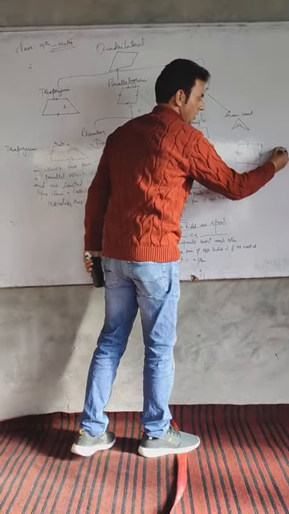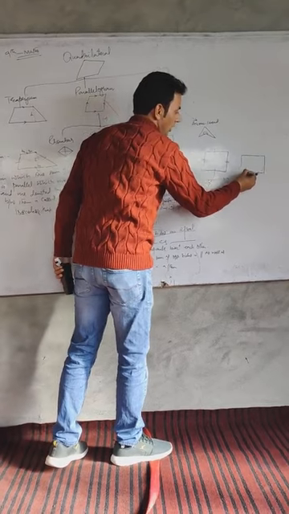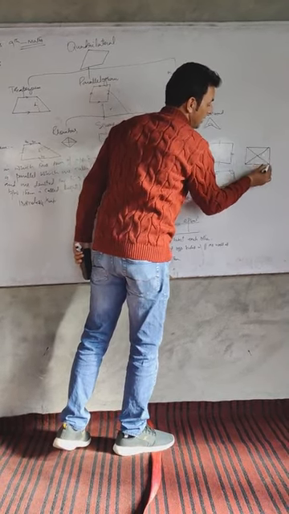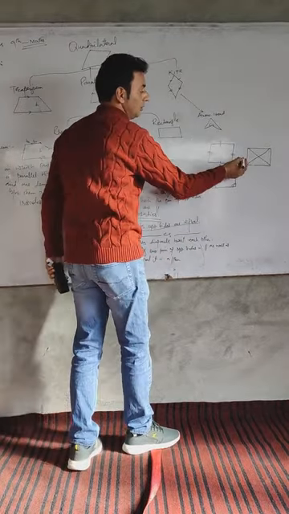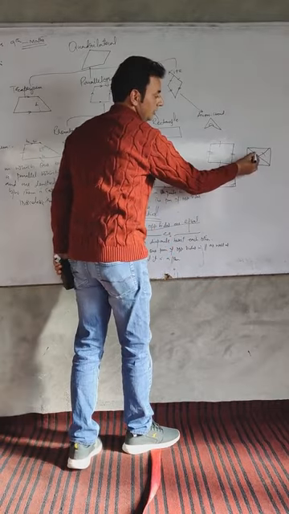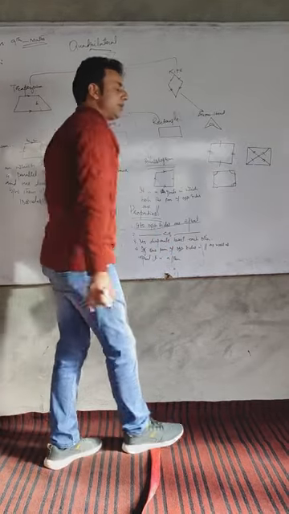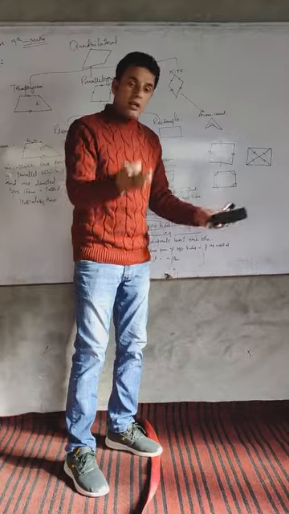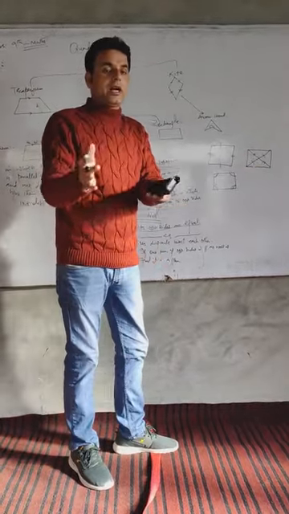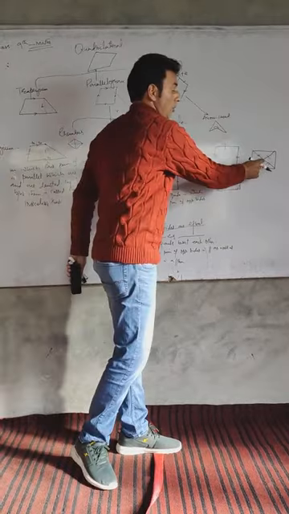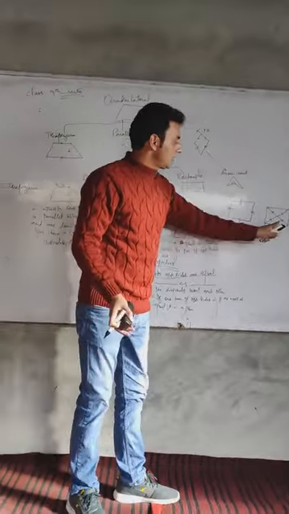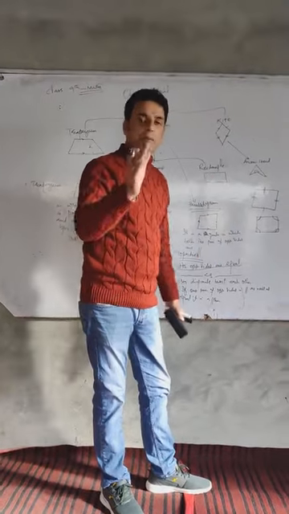Third example is this. I will show you a quadrilateral in which the diagonals bisect each other. Bisection I will show you. This part of the diagonal is equal to another part of the diagonal. This part of the diagonal is equal to another part of the diagonal. These lines, we call them marks. These marks show us that the diagonals of this quadrilateral bisect each other. So simply we can say this quadrilateral is also a parallelogram.